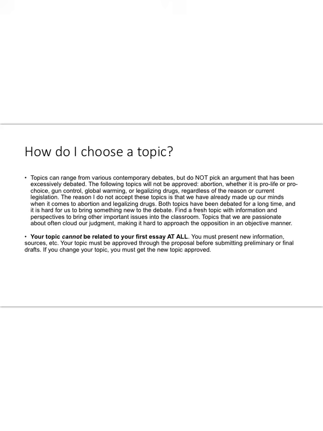So how do I choose a topic? Well, first of all, I think the best way to choose a topic is check out what everybody's talking about as far as the news or the newspaper. That might be a really good indication of what to write about. Now, of course, you need to check the databases to make sure that there's enough evidence for you to write about this topic. Because if you pick something very fresh, they might not have a lot on the database yet. But that's something that you can do.